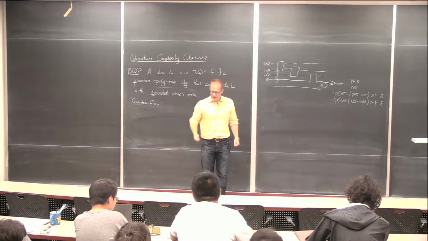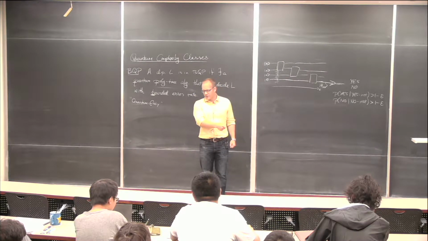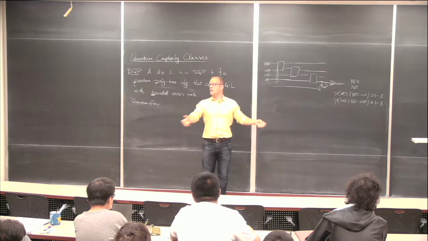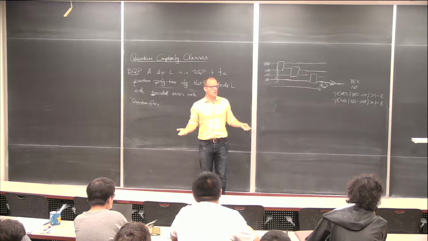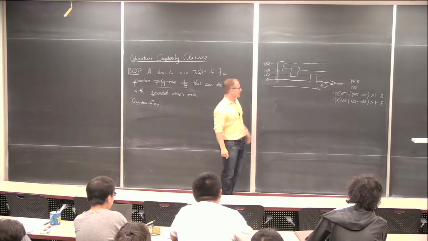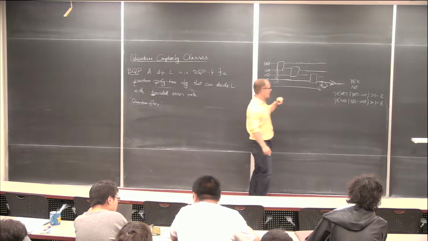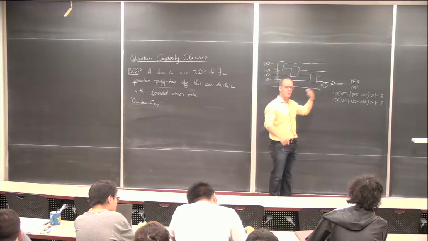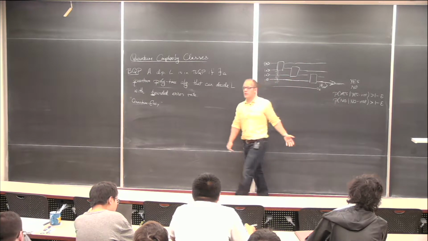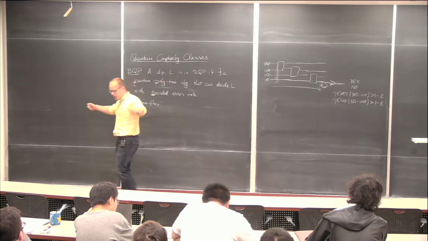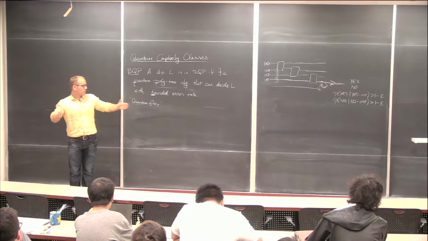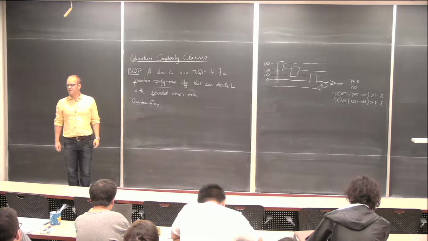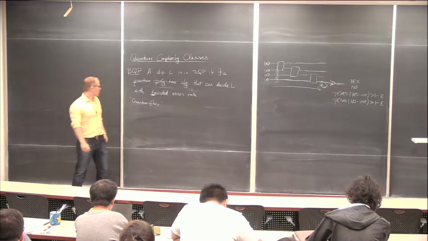You hit it and get the answer 10 or 11 times, and it says yes, yes, yes, no, no, yes, no, no, yes. You take a majority vote, and that's much more likely to be the correct answer than any of the individual ones. We won't quantify that amplification here, but you can. It's straightforward statistics, and the same holds here. So long as this is a little bit better than a half, and by a little bit we need 1 over poly, then you will be able to amplify it by at most polynomially many repetitions to be arbitrarily close to 1, whatever your tolerance is. Okay, 0.999. So that's why we need the bounded